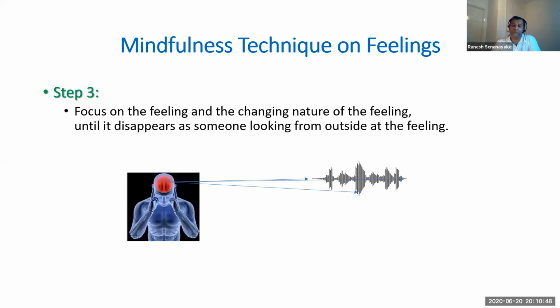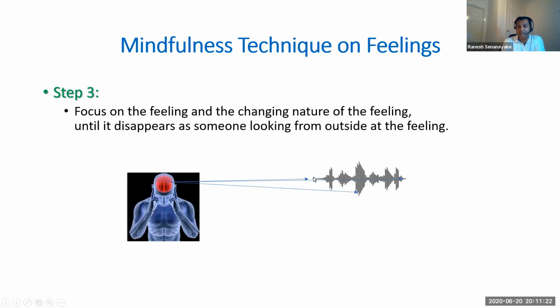So when I ask you to do the exercise, what I want you to do is think of a feeling, for example, if you think of an angry feeling, obviously it's a sad feeling. And then the second step is to focus on the feeling, not the story, right? And then the third step is to